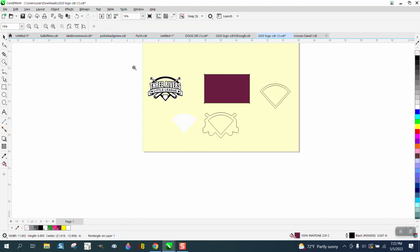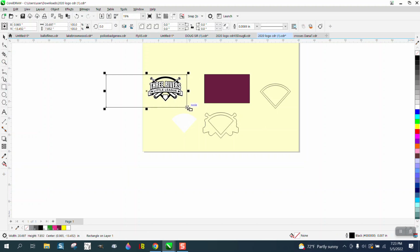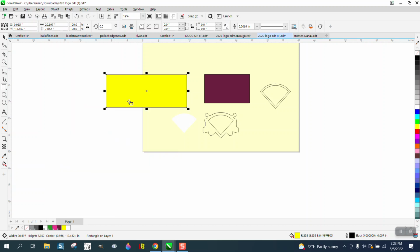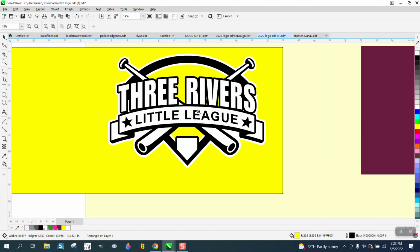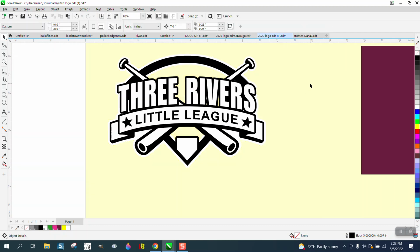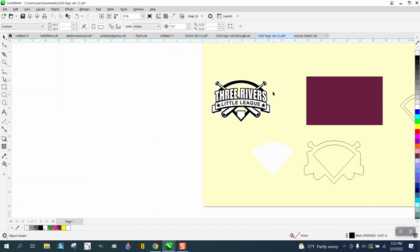So I love the yellow box trick, but a lot of times it'll get in the way and you have to lock it. Let's just do something real quick. Go to Order, back of page. And when you're trying to grab something, you're going to grab the yellow first. And so this way, with the whole page, the color. And I've got another video on that in an earlier version, how it's a little bit different